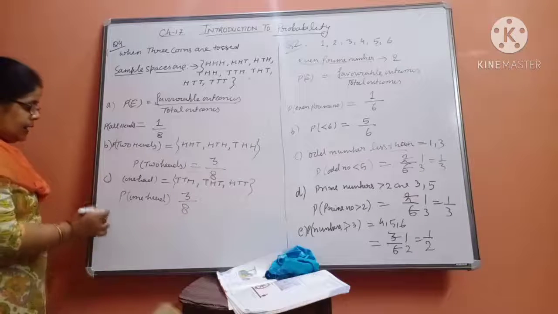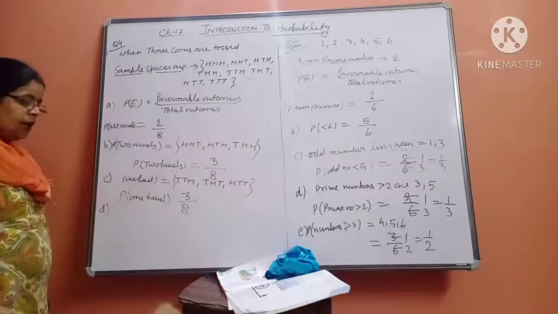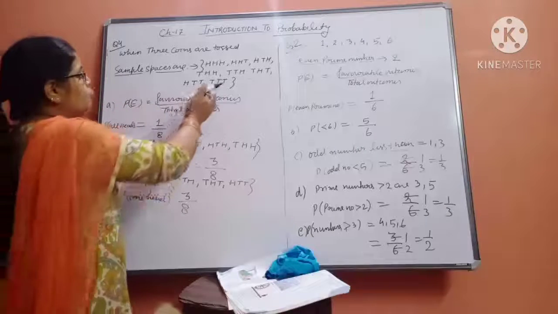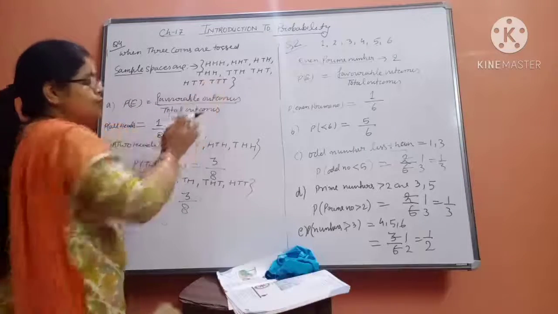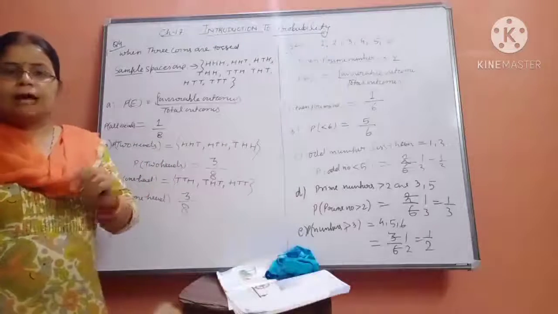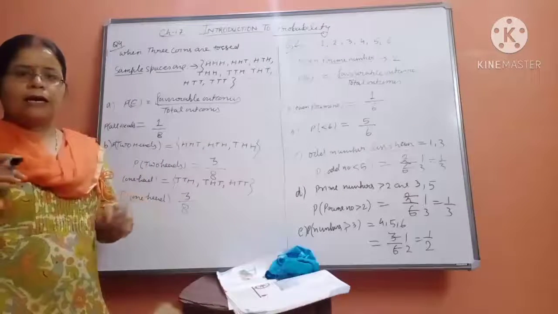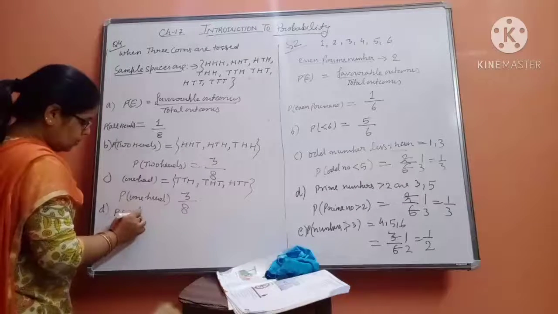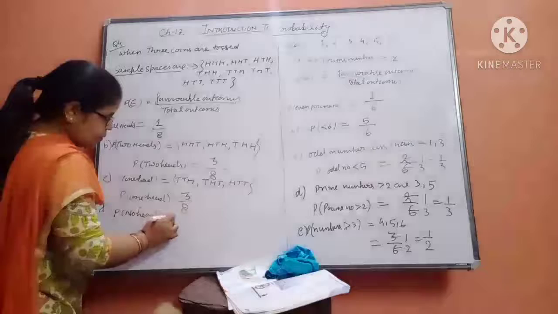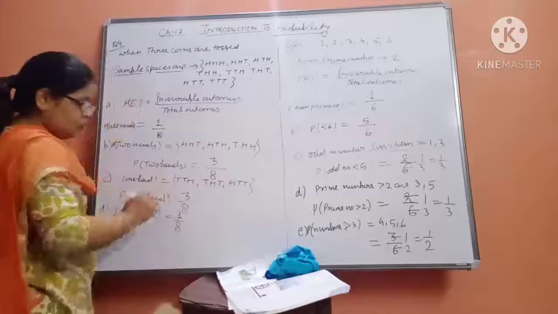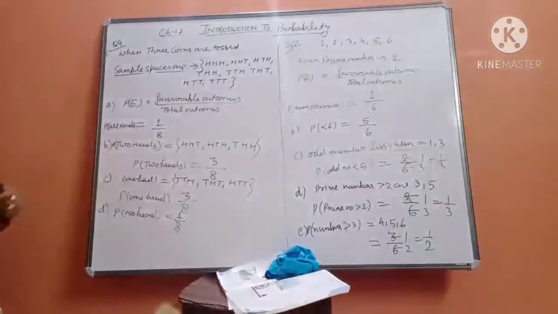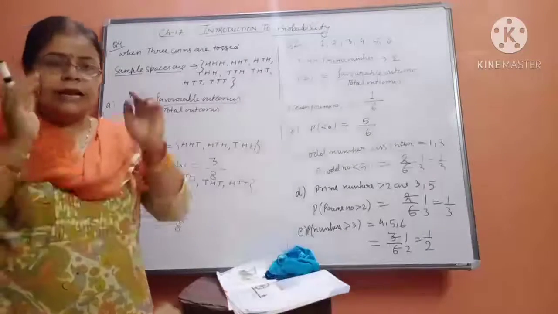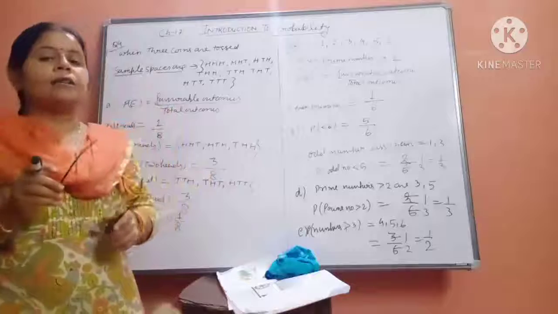Okay, and the last D part. No head. Meaning this time we don't require a head. So only one possibility is there. In 3 coins, all the coins will have tail, tail, tail. Then it will be the no head case. So probability of no head is equal to, only one chance will be there. So its probability will be 1 upon 8. So in this way, you can see how simple it is. If you have understood the introduction part of the chapter very nicely, then you will not have any problem in the chapter.